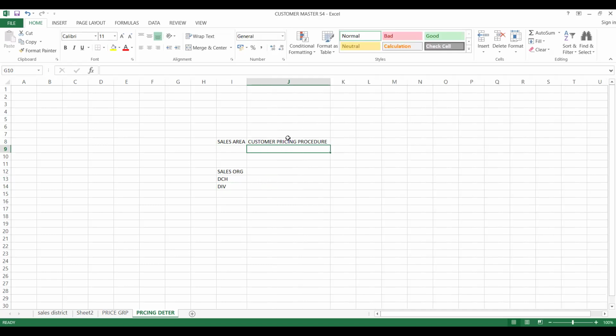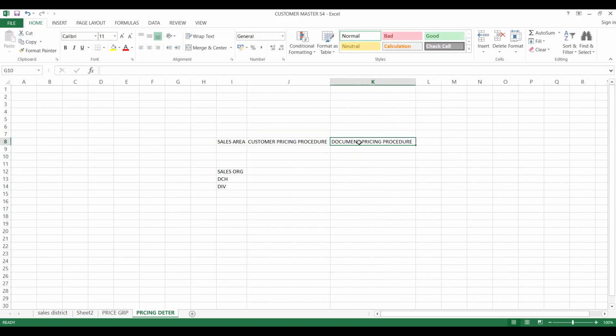When you are ready with which company, who is my customer, wholesaler or retailer, and what kind of product I'm selling, then for determining price I need the combination of sales area plus customer pricing procedure plus your document pricing procedure. Why is it required? Which document would you like to calculate this for,